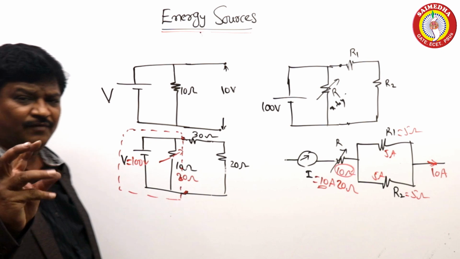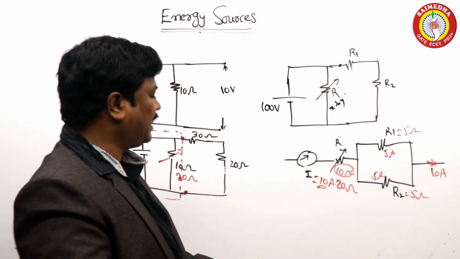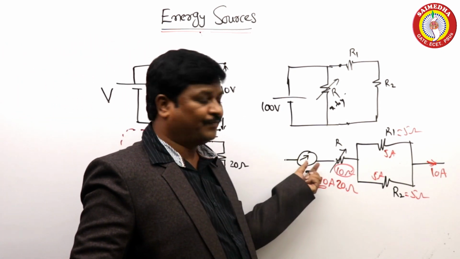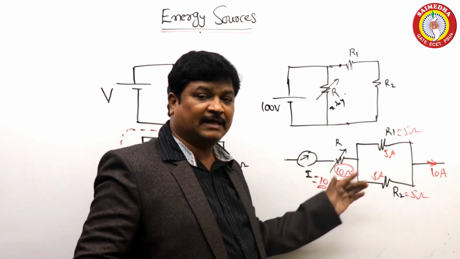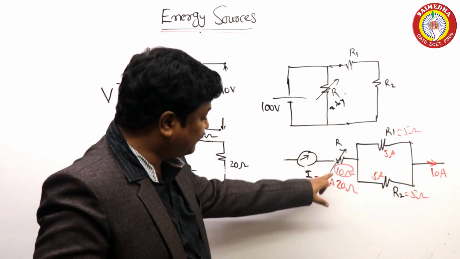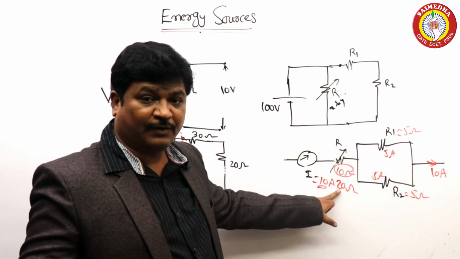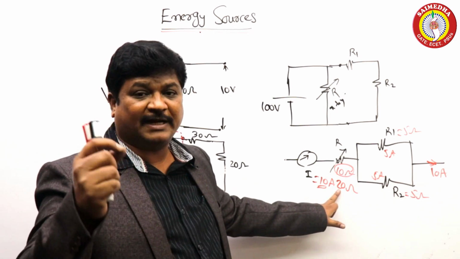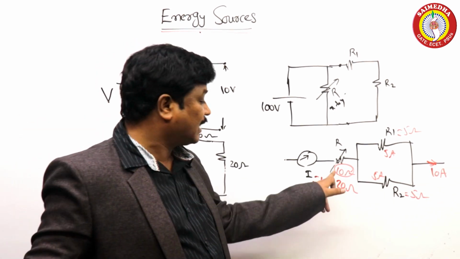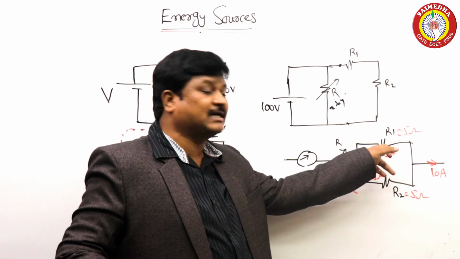Sometimes what happens is wasting of your time. The examiner will look like that. Circuit 1, he will give 10 amperes, 10 ohms, something like that. Same circuit is repeated. If the resistance value of this becomes 20 ohms, then what happened to the current? Current becomes half, current becomes double. Current he will not ask here. He may ask current here.